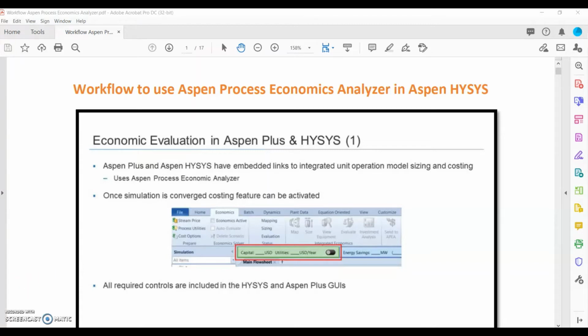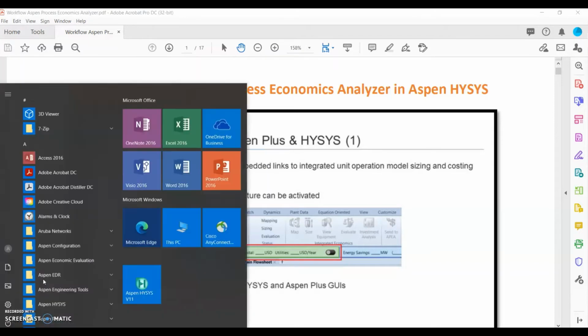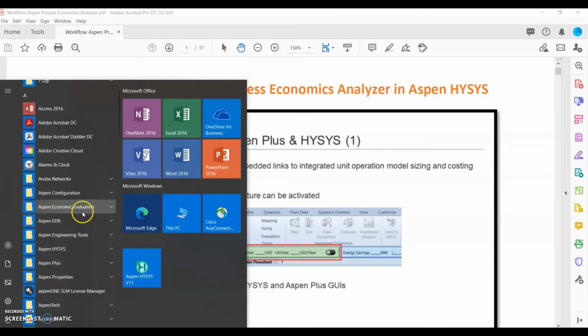You can check this by looking at your menu, and then you need to have the Aspen Economic Evaluation installed. In this case, I have three different types of Aspen Economic Evaluation. For this module, we will focus on the Aspen Process Economic Analyzer.